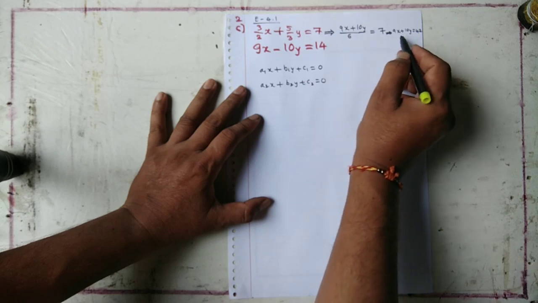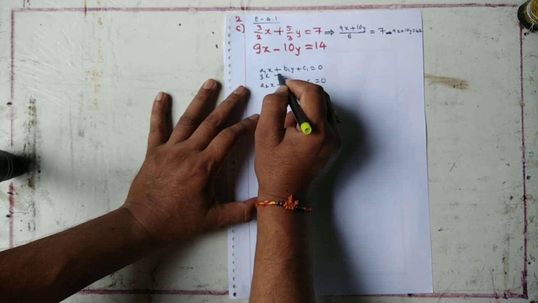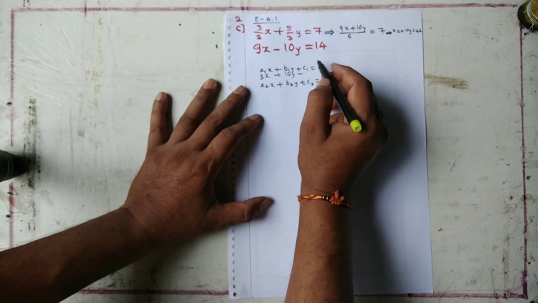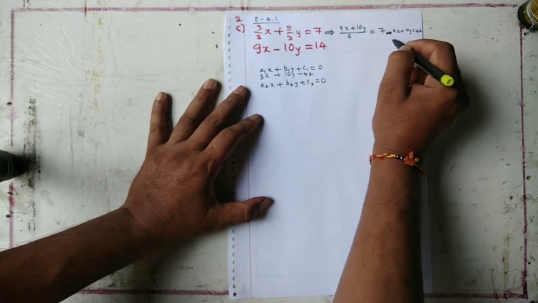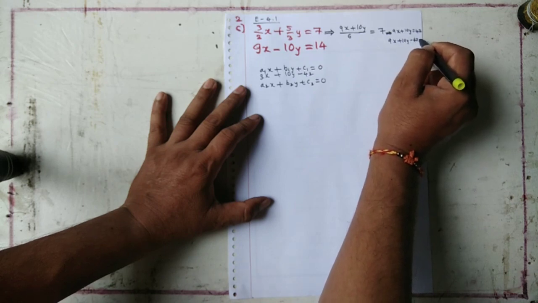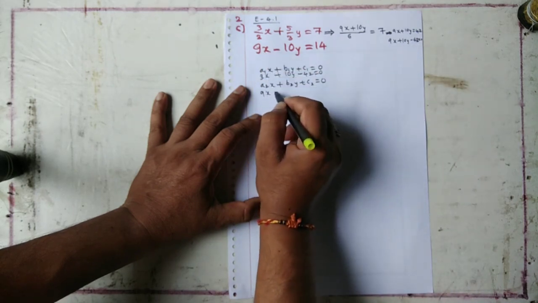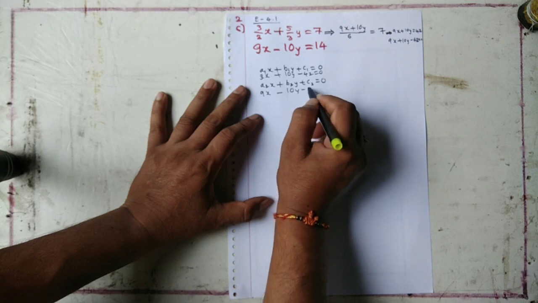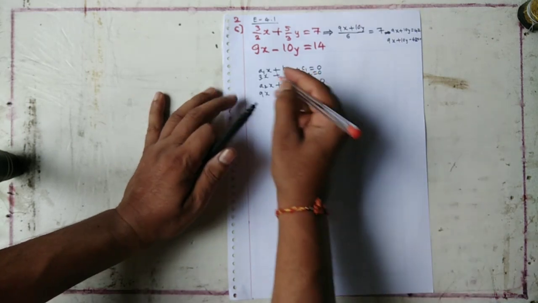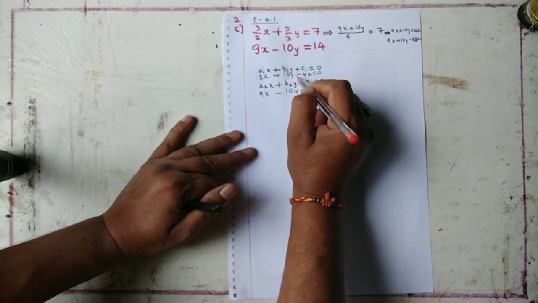So first equation: 9x plus 10y minus 42. 9x plus 10y minus 42 is equal to 0. Second equation: 9x minus 10y minus 14 is equal to 0. On comparing these equations with the standard forms,